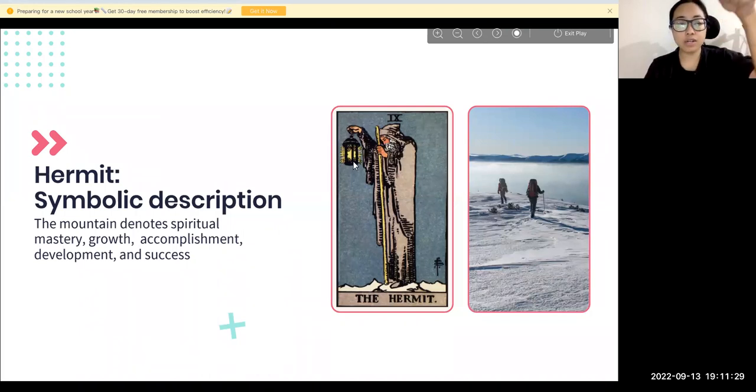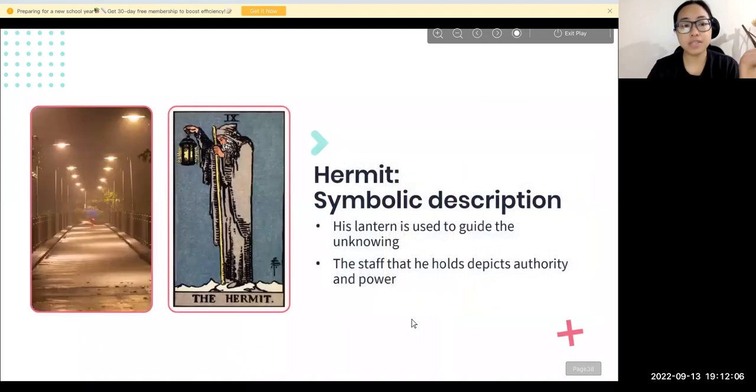He has this lantern that he's holding, and there's a light showing him a way, some divine way. And he is holding a stick. The stick represents that he doesn't have anyone in his life, and it is the stick that he is relying upon. He's standing on this mountain, which means that he is in the process of spiritual growth. He is discovering his spiritual journey. Standing on the mountain also signifies he has accomplished a lot of things. He has developed a lot. He has been successful in his career and in everything in his life.